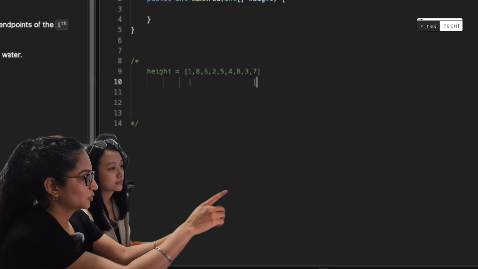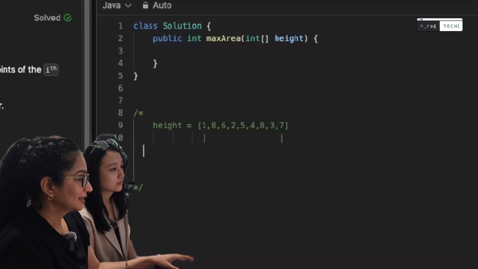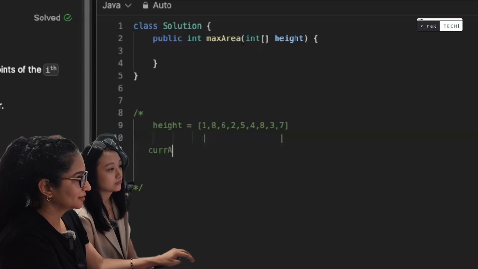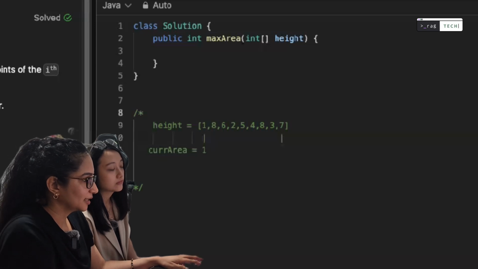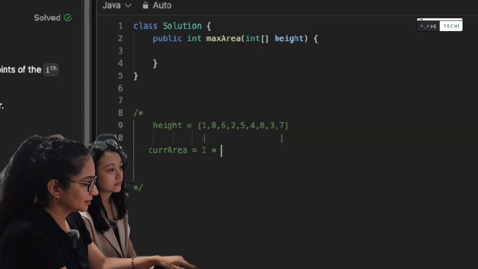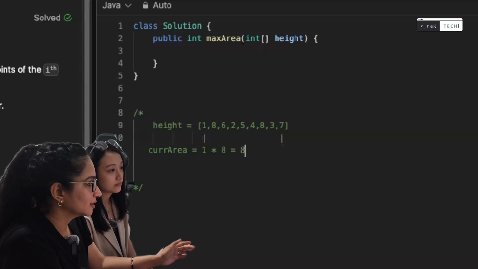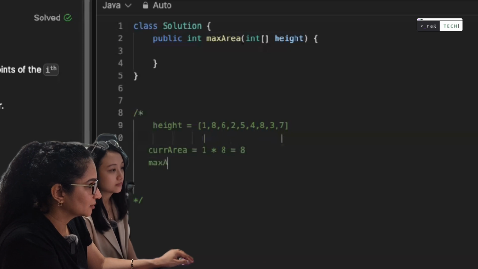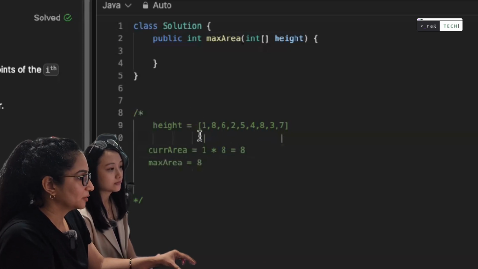So now if we have these two array pointers, the first one and the last one, we just calculate the current area. So that would be 1 times 8. I calculated 8, right? Yep, so 1 times 8. So that is 8. So currently the maximum is also 8, so we just store the max, which is also 8. And then we will